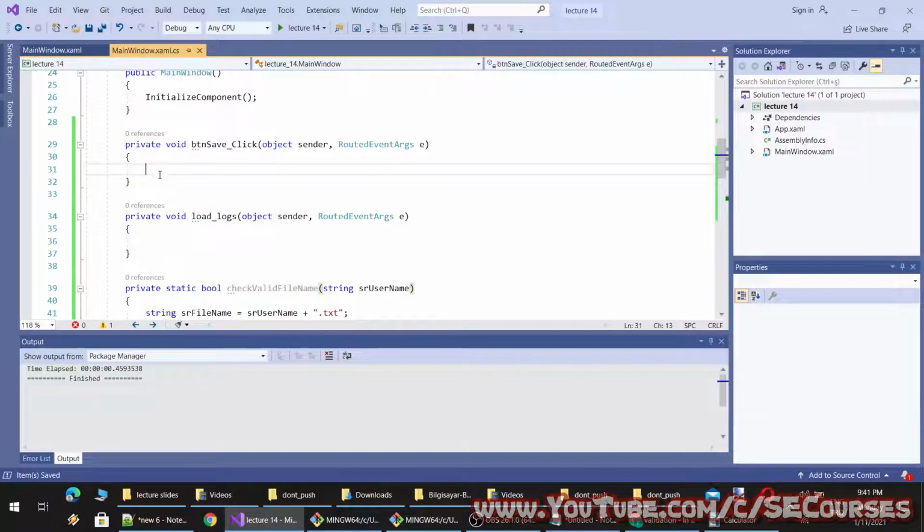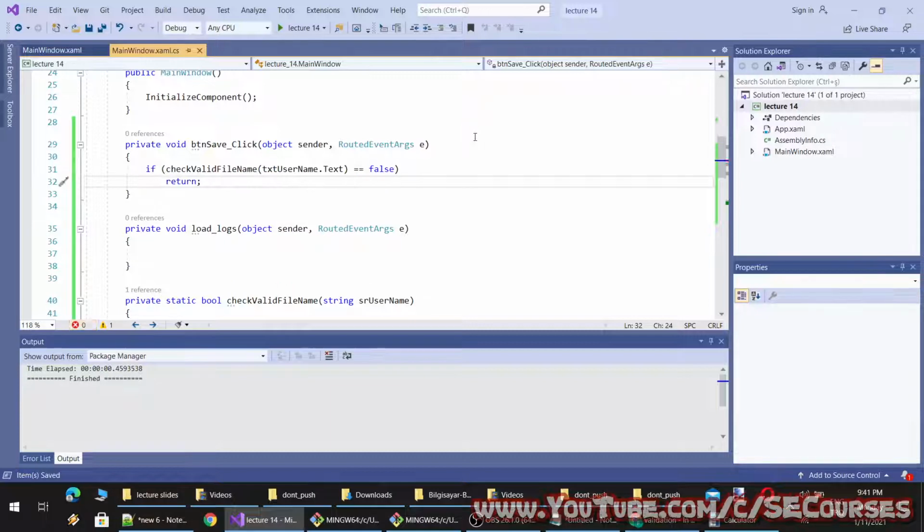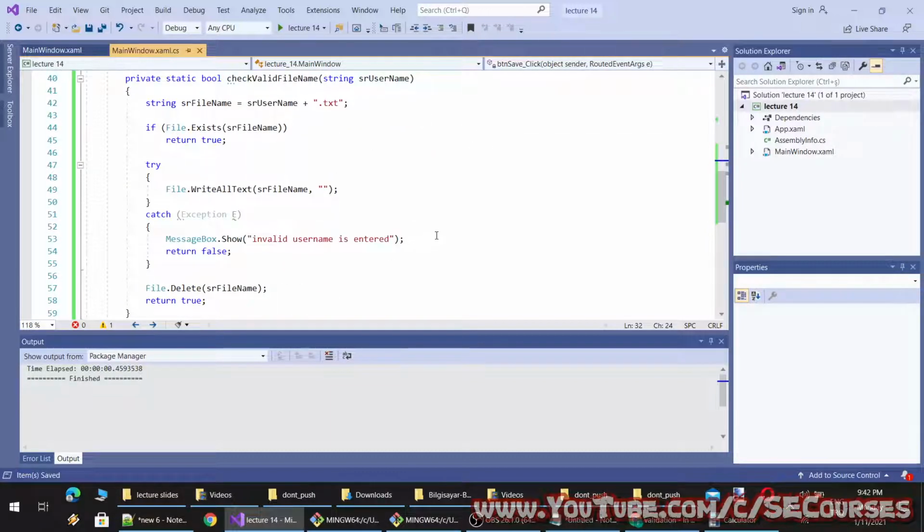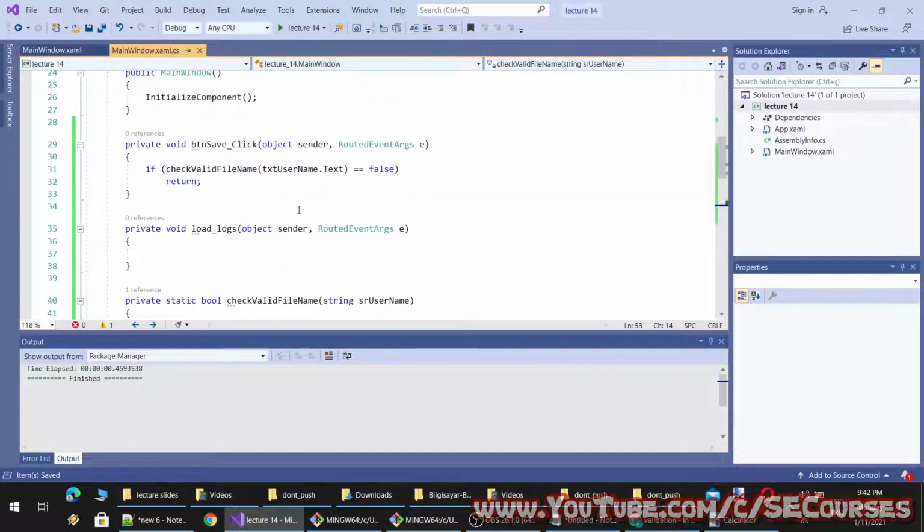Because when we click save, first we will check whether the user-entered file name is valid or not. So to do it, if CheckValidFileName, I am providing the username text, and if it is false, we will return. I don't need to do anything because the message box will show it here.